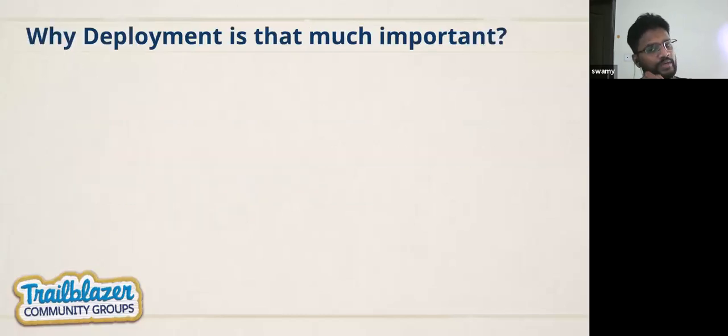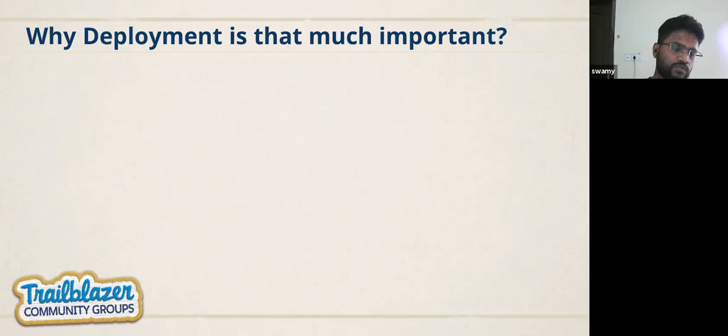So why is deployment so important? Why is everybody talking about deployment and why should one know about it? Because, as I already told you, in Salesforce we work in groups. Suppose I'm in dev team 1 and someone else is in dev team 2. So we both are working in two different environments.